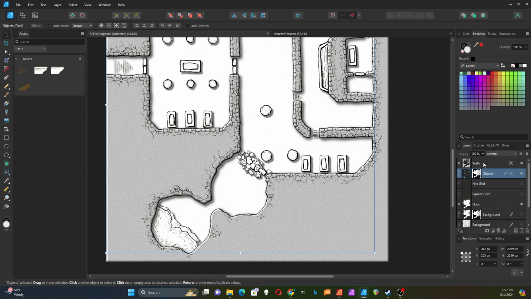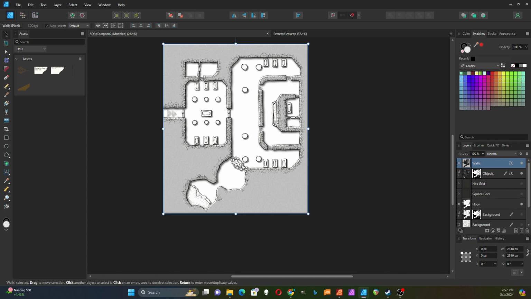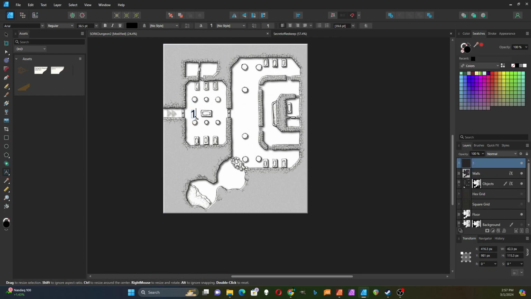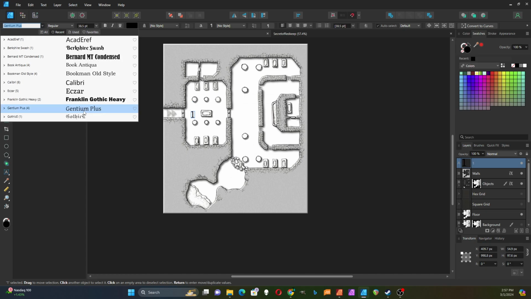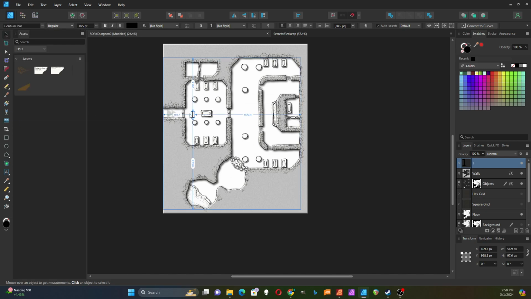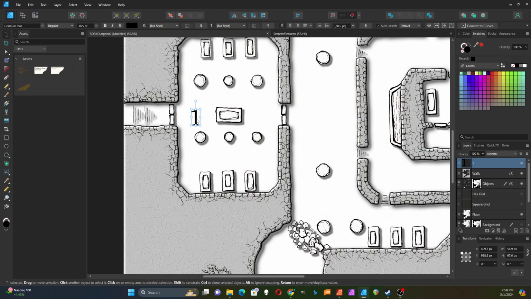Now the other thing I need to do is to add some numbers to this, so I'm going to go ahead and do that. I'm going to use the artistic text tool and put in a number, and it's going to be number 1, and I'm going to change the font. Yeah, I think I'll use this one. I like this font for numbers, so I've used this one a couple times now, and I want to use that one for numbers. So I'm going to Control C, Control V to make another number,